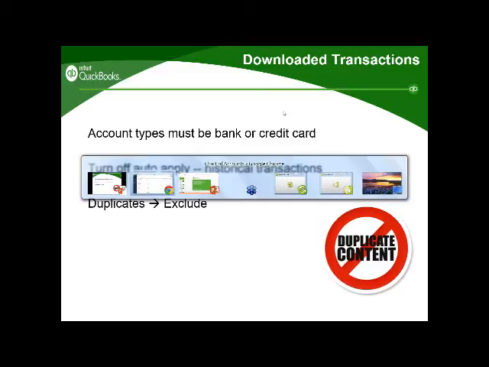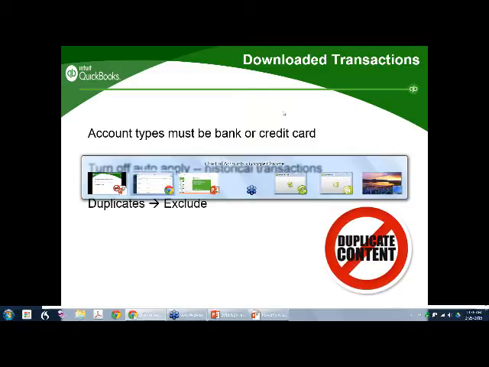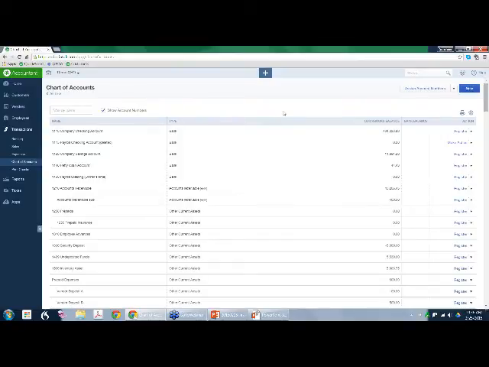So let's talk about downloaded transactions, which I think of as bank feed. As a semanticist, particularly with Intuit's phrasing, let's call it bank feed. I want to talk in general about bank feed, and then I'll talk about the specific items that are on the slide. Bank feed, to me, is this phenomenal opportunity we have to allow QBO